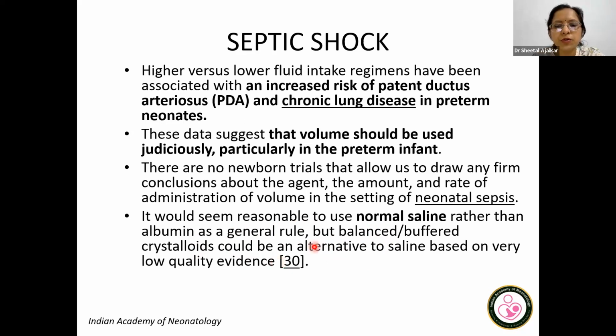And if we compare the volume, crystalloids or colloids, the trials are indicating towards the colloids, and normal saline seems to be reasonable rather than albumin as a general rule. But balanced buffered crystalloids like Plasma-Lyte A can be an alternative to saline based on very low quality evidence, but there is no significant good evidence to show other crystalloids other than the NS. So for septic shock, judicious fluid volume expansion, especially in preterm babies, with normal saline,